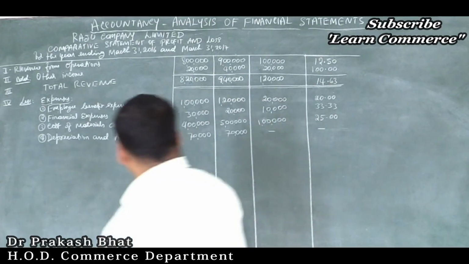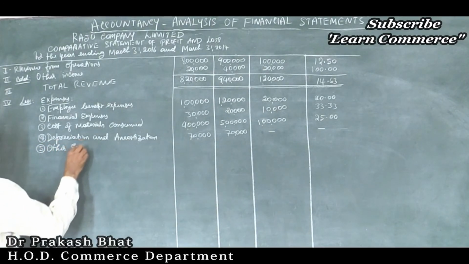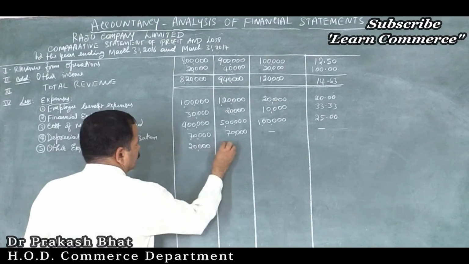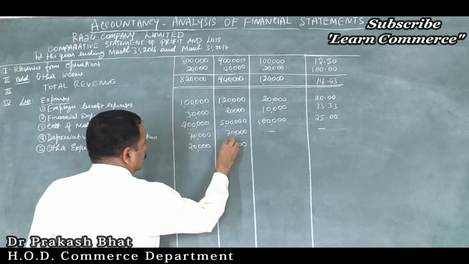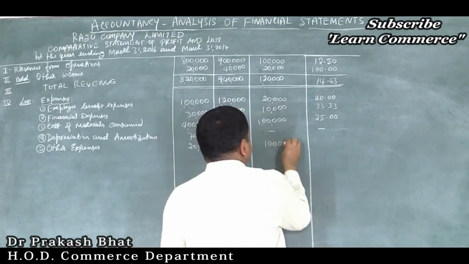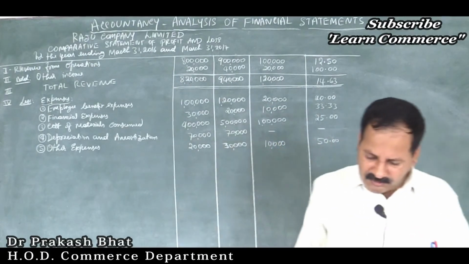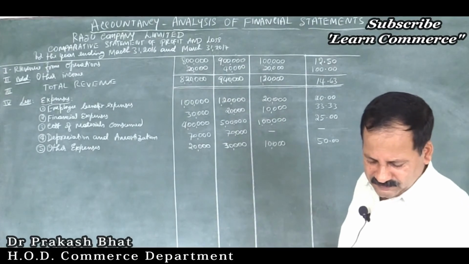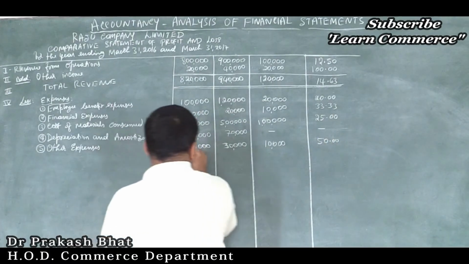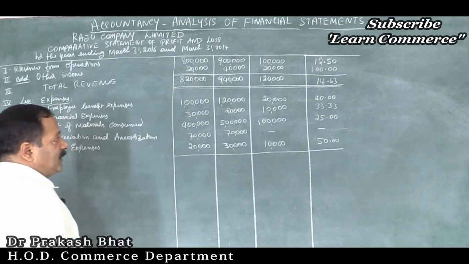Other expenses. Last one, fifth one. Other expenses. Is it 20 and 30? For 20,000, there is an increase of rupees 10,000, means it is 50%. Is that correct? 20 and 30, yes it is. So these are all expenses, no other expenses, only income tax is there. So now your duty is to add all these expenses and find out what is the total expense, correct?